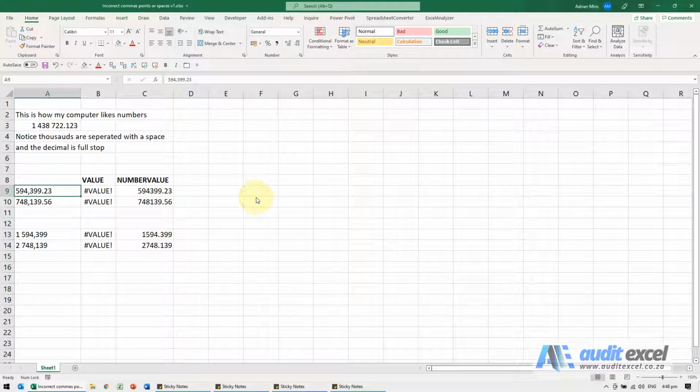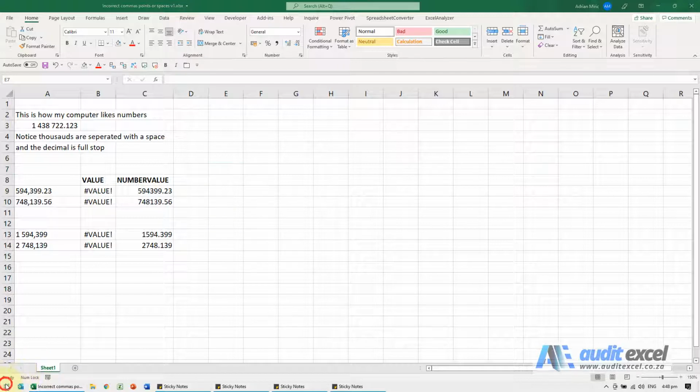If you're having problems to do with commas or decimals or points, and you want to permanently change it. So for example, on my computer, by default, thousands are in spaces and decimals are a point. Maybe you received a new computer and you need to actually change it to be perhaps commas. This is not really an Excel thing. This is a Windows thing.